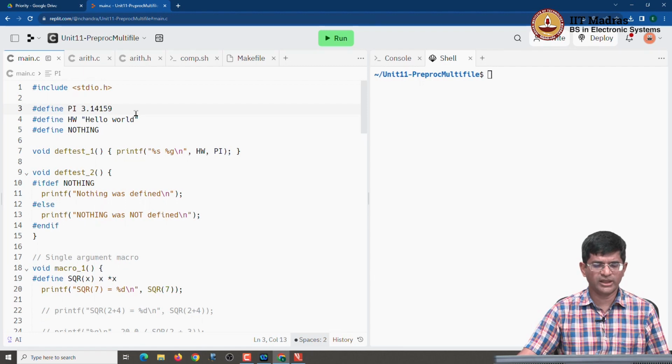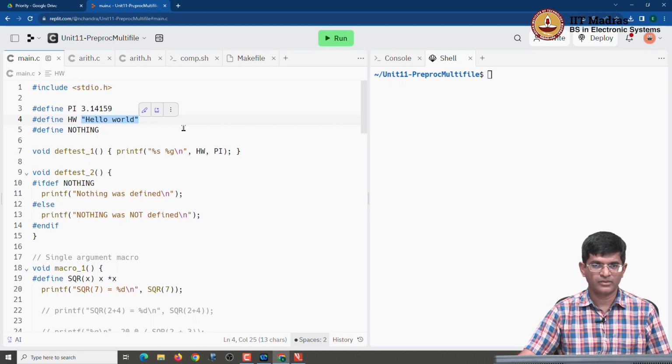Now it does it a little carefully. So for example, if you have the word pi somewhere inside a string or as part of the name of another variable, it is not likely to expand it out directly over there, right? So it's not going to go and completely mess up your code. But on the other hand, a standalone word pi is going to get replaced with this number 3.14159, right? Similarly, this hash define hw is now going to be replaced by this complete string out here, hello world, including the quotation marks, right? So it's going to take the whole thing including the quotation marks and replace it directly